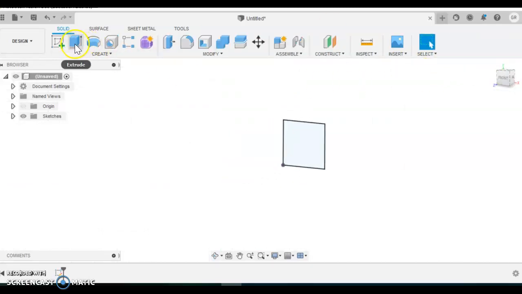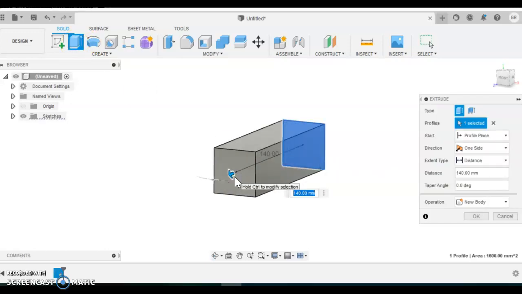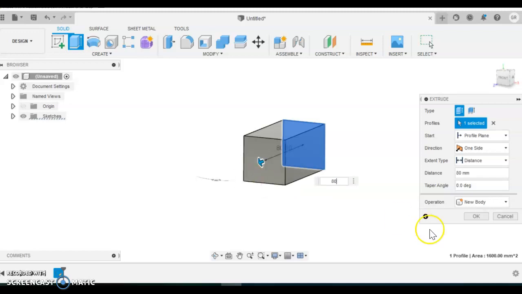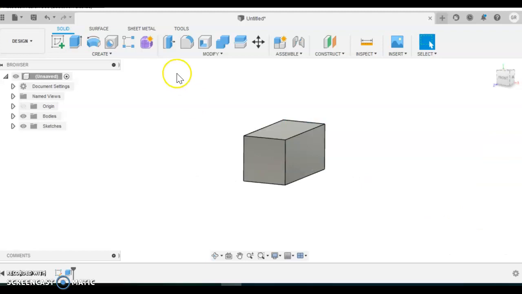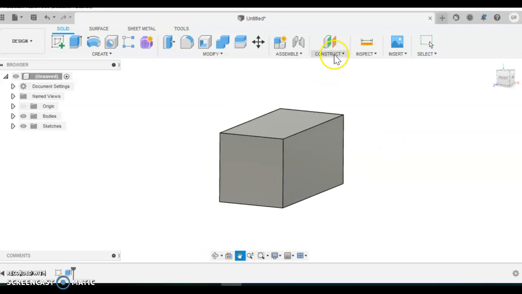You can come up here and extrude your shape. So we're going to pull this one out for 80 millimeters or 8 centimeters and click OK. Now at this point we are going to split our shape. All right, so what we have to do is have something that we can split it with, and the way